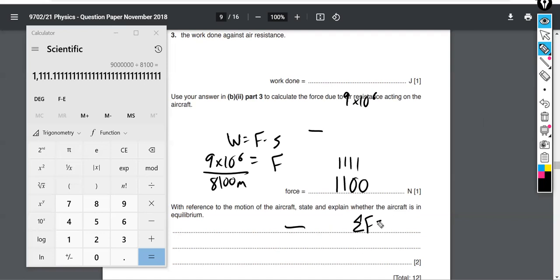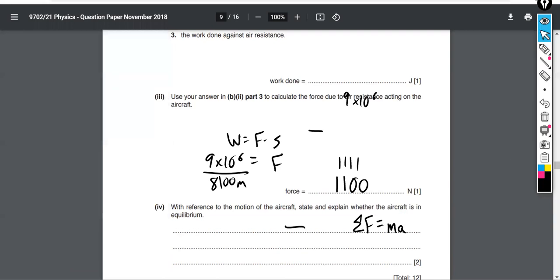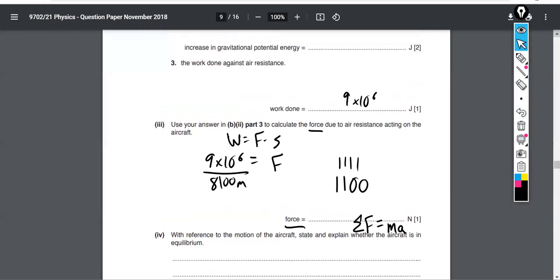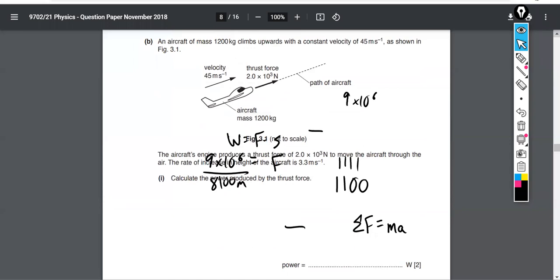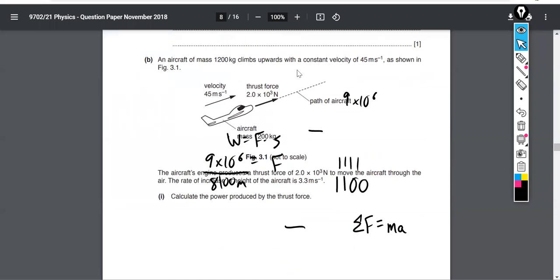If there is a net force, then an object will accelerate. That's always true. That's the law of motion. Net forces lead to acceleration. Is this object accelerating? How can we determine whether it's accelerating? We can't just say, well, it must be. We have to use the clues in the question. So yeah, if you read the question carefully, with a constant velocity,